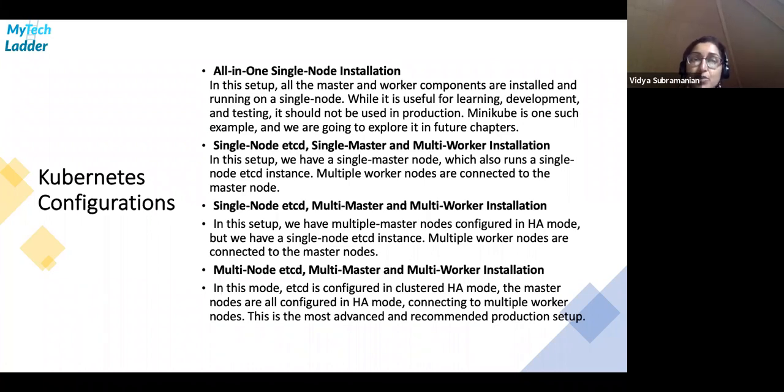That is where the role of an orchestrator comes in, in order to make the scale possible for all of these containers. And the orchestrator itself could be providing multiple configurations under which it can function. And in this case, Kubernetes is no different.